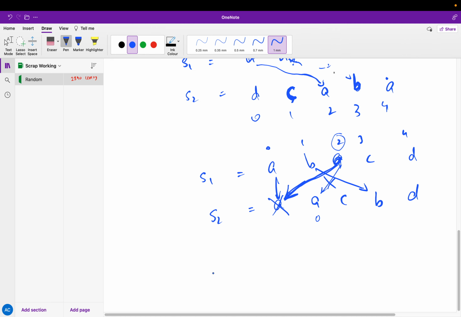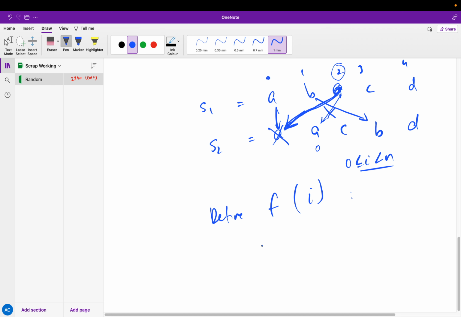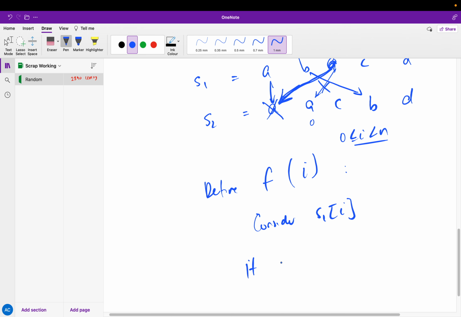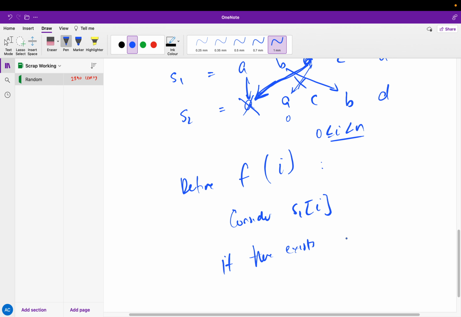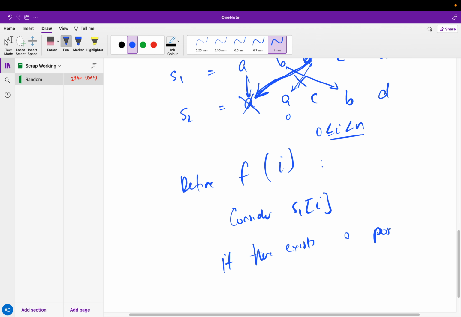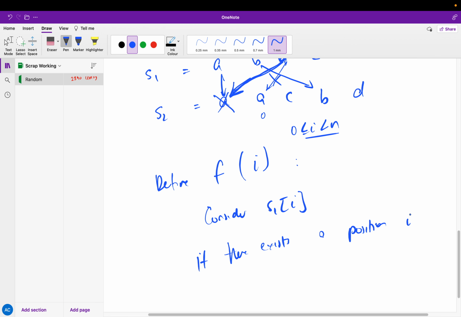So basically, I want to define a function or some kind of procedure such that given a particular position I, where I is a valid index, consider S1 at I, and if there exists a position in S2,